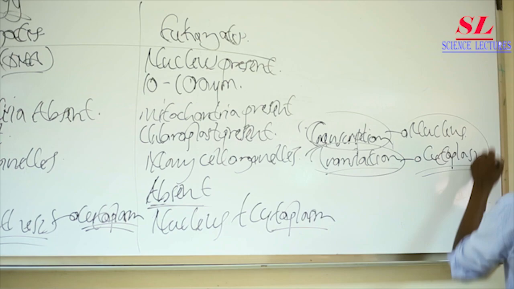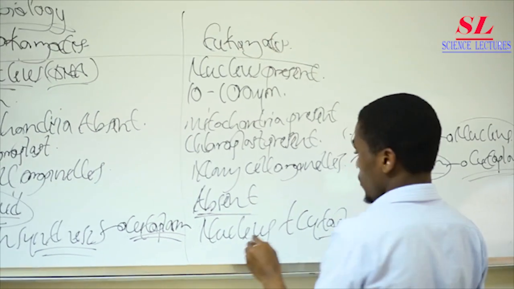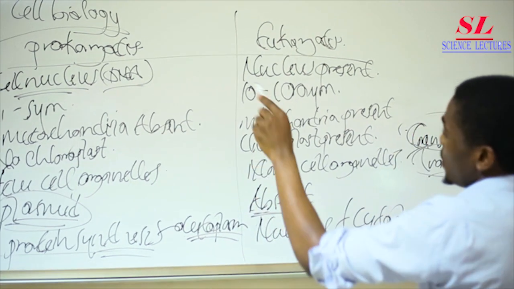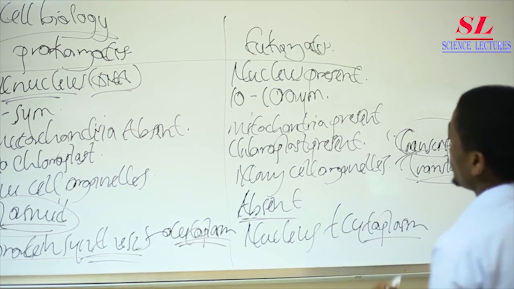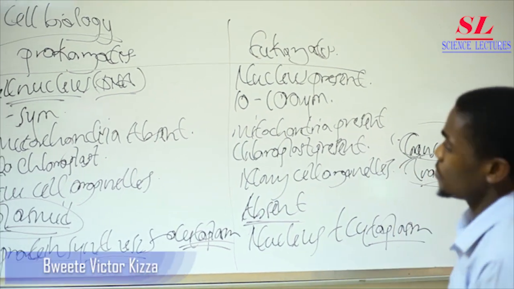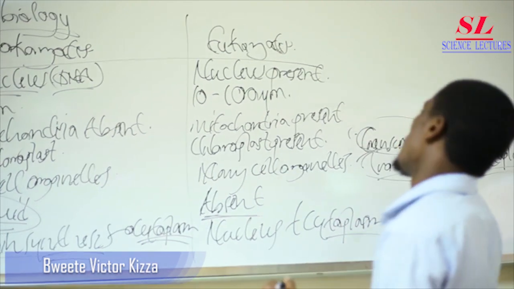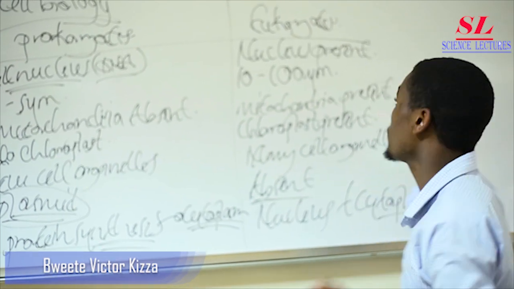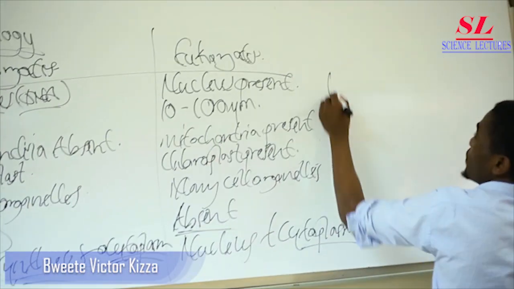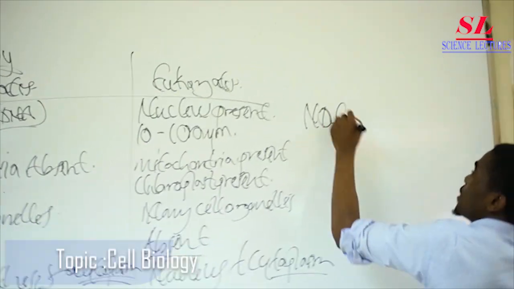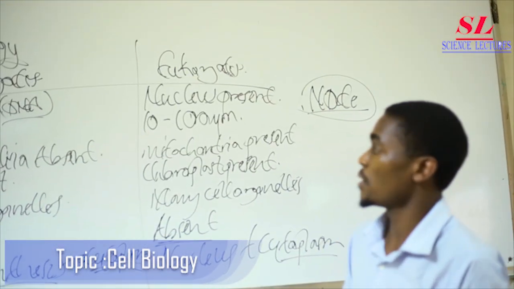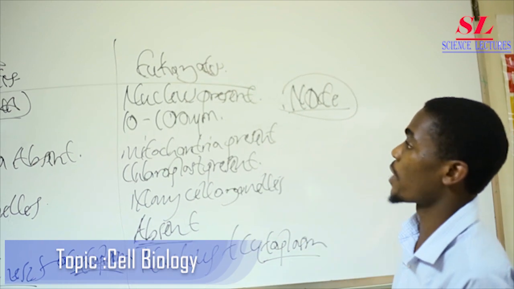So this is a basic difference between these two cells. In other words, protein synthesis here is taking place in the cytoplasm, but here it is divided into the cytoplasm and as well in the nucleus. It takes place also there. But again, we need to note that one of the basic differences, the real basic difference between the eukaryotic cell and the prokaryotic cell, is